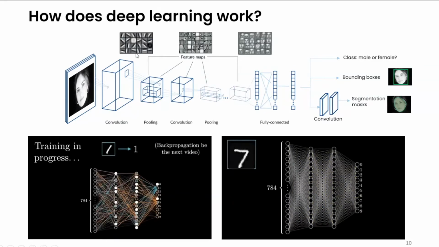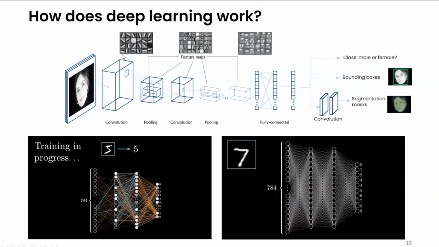So for example, in the face case, the lower level features will be some edges, and then the intermediate levels being your nose, eyes, and the most advanced one being the faces. That is figured out automatically, and we don't need to worry about it. The work we have to do is prepare the training data with the ground truth.